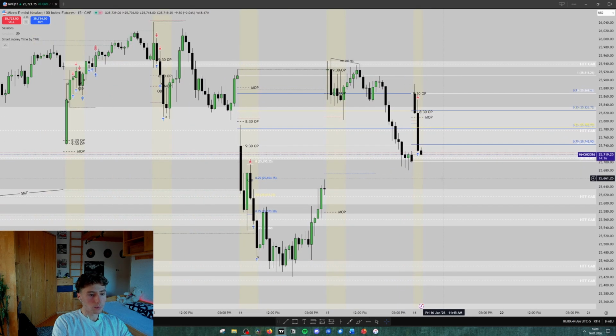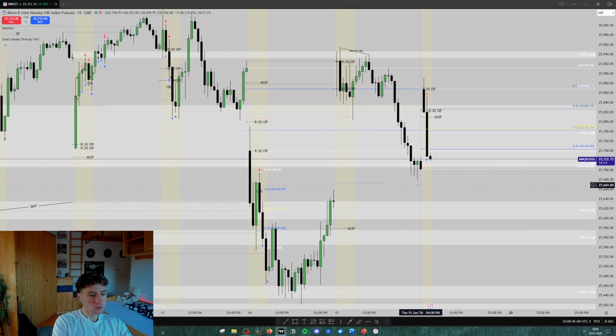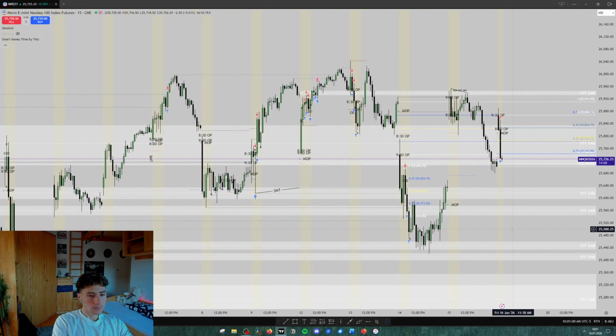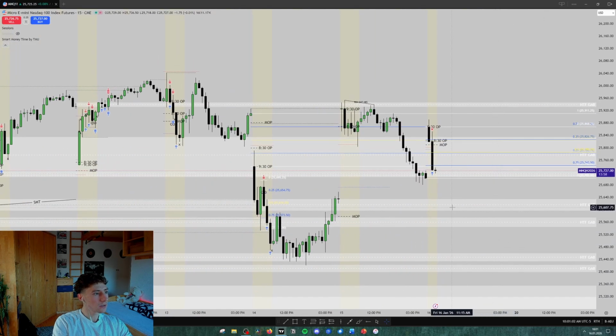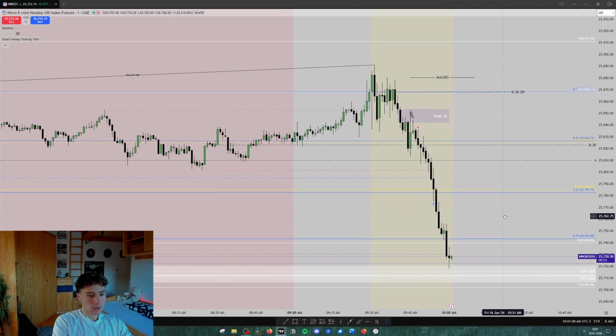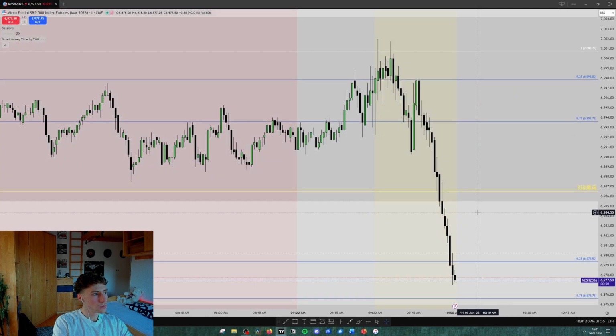What would also be interesting is if we could even sweep the sell liquidity right here and try to trade back into the higher time frame gap, in order to completely fill in the regular trading hours gap from Thursday. So that would also be very interesting. But yeah, I'm really content actually with the trading day, as I already explained. I think we can also take maybe one more look